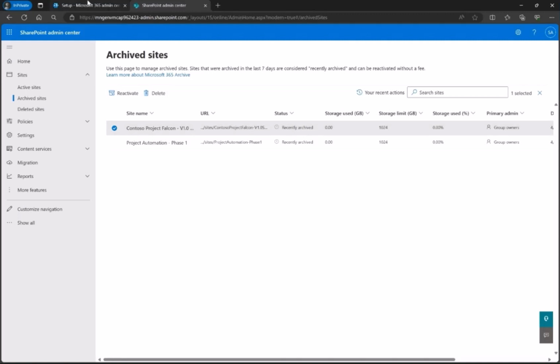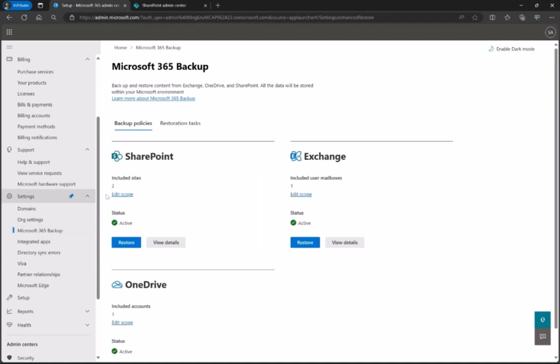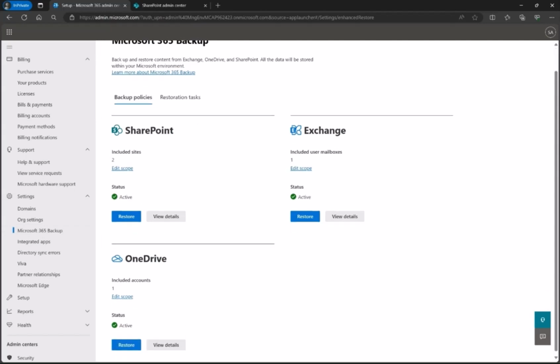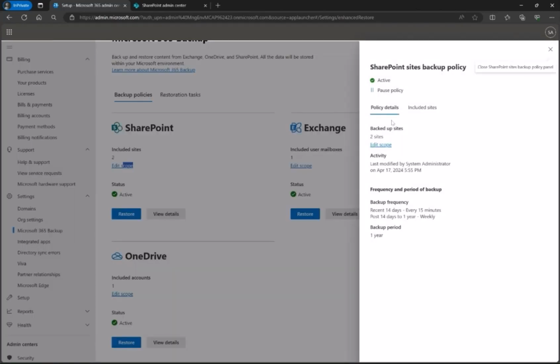Now I will move back to the M365 backup demo. So go to M365 backup in the M365 admin portal, and here once I select M365 backup, these are the options which come up for me, where I need to create policies. And let me show you what are the policies that are there for SharePoint here. So I will click on view details. So currently it is backing up two sites, and if I want to add more, I can click here,